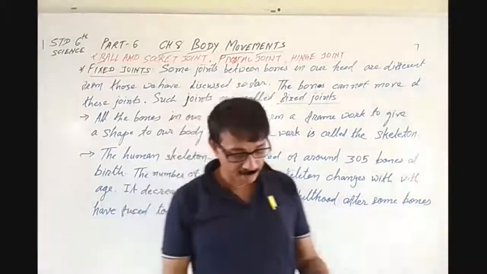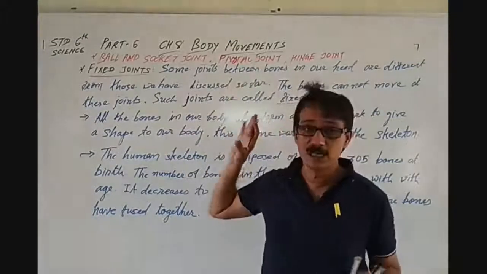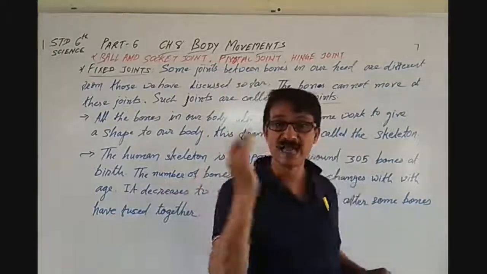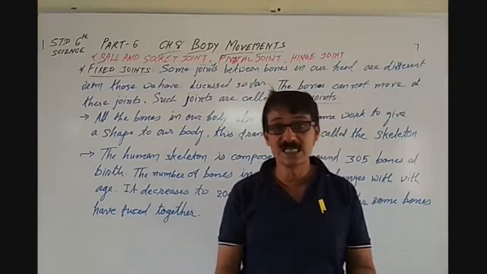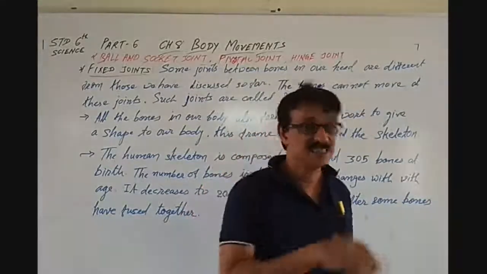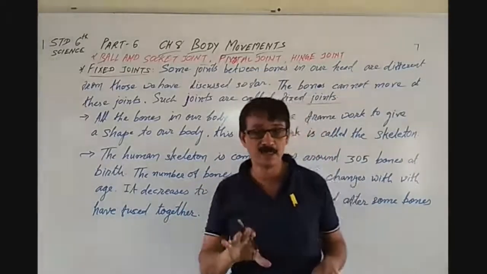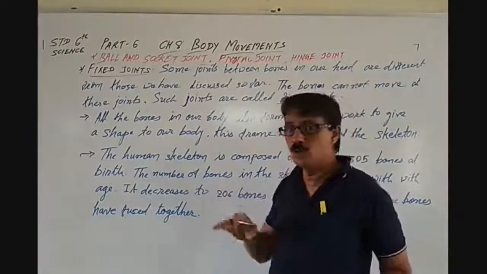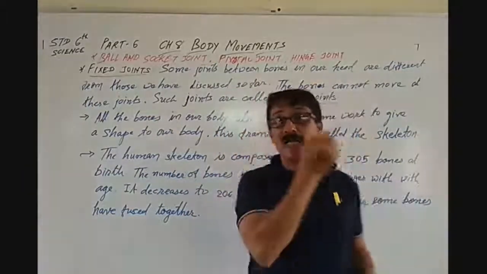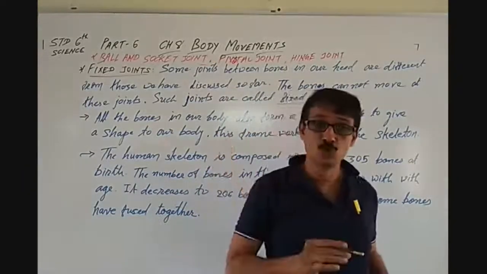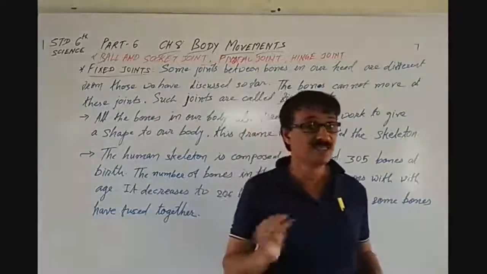Okay, so today we discussed the skeleton, the framework of the body, the joints, and how many bones there are in our body on page number 70. The discussion will go ahead in the next part. We are ending this part here; repeat this video 4 to 5 times so that you can understand ball and socket joint, pivotal joint, hinge joint, and what fixed joints are. We will discuss further in the next part.